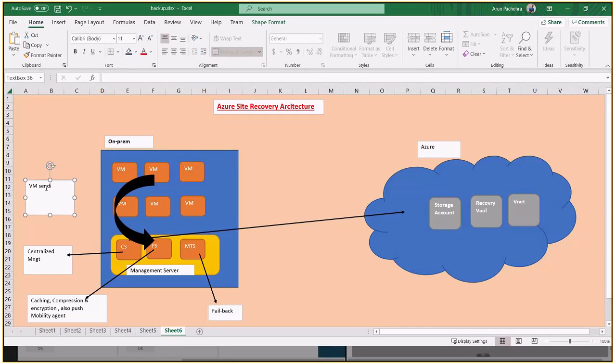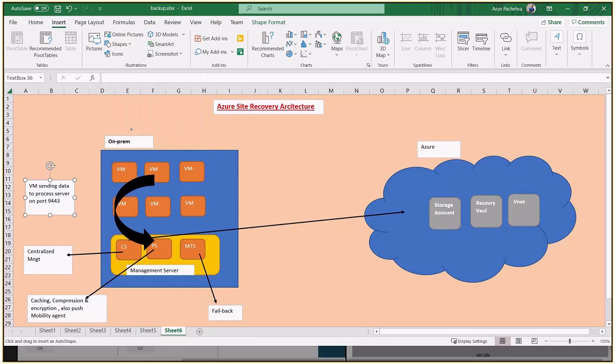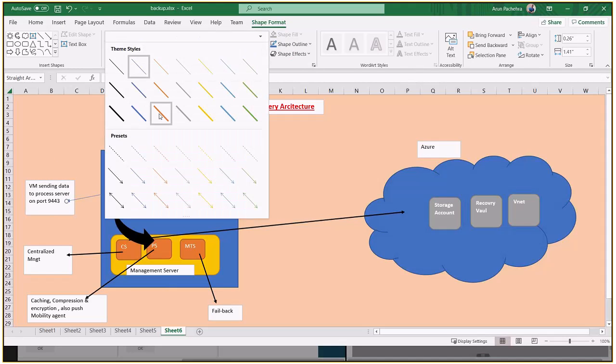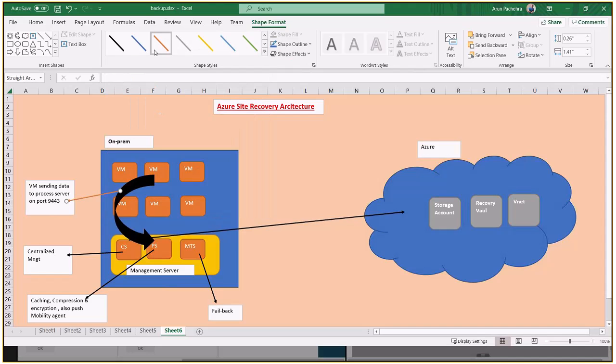VM sending data to process server on port 9443. This is the important part, and this particular port is customizable. You can change it. Okay,